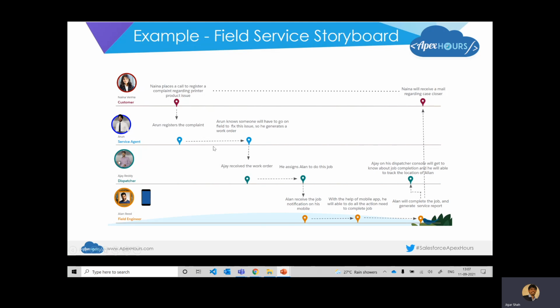So how does the flow transpire? Once a customer raises a complaint, how does it transpire and cause a field engineer to visit him, resolving the issue and bringing the complaint to closure? Once you set this up and you align your demo in this context, there is a context in terms of who the users are going to be, how the flow is going to work, what the user can do or cannot do, and this resonates well with your user base, because now they exactly know who are the people involved in this complete interaction, right?